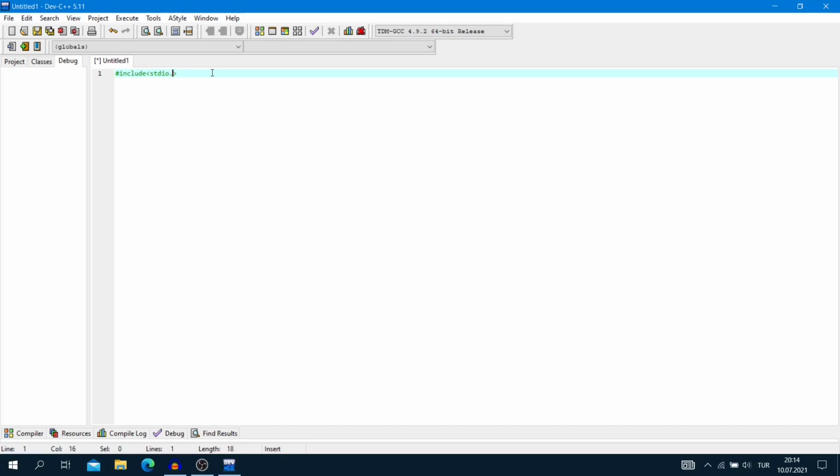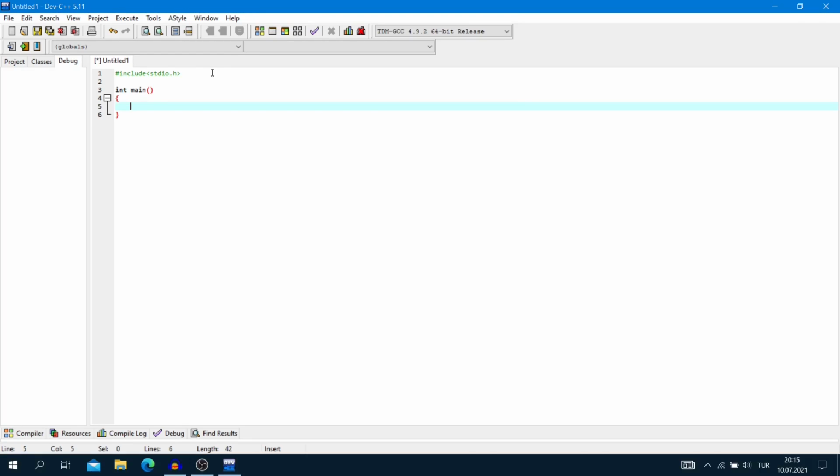Yes, we did that. Now, we need a function that will fulfill the purpose of our program. Every program has a main idea and a main function. Let's create that. int main, brackets, and curly brackets. We created a function, its name is main and its type is int. This is a classic. You do not have to worry about data types like integer because we will talk about it in the following lesson.